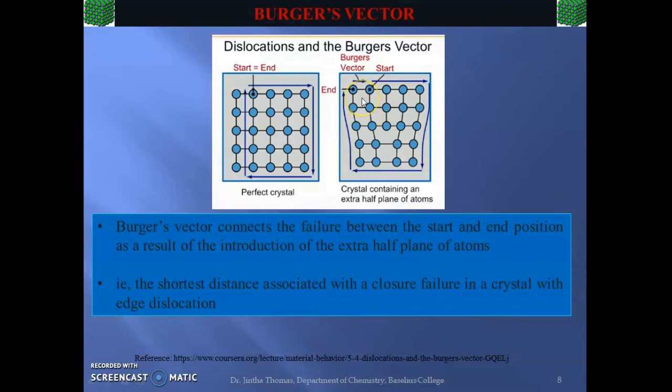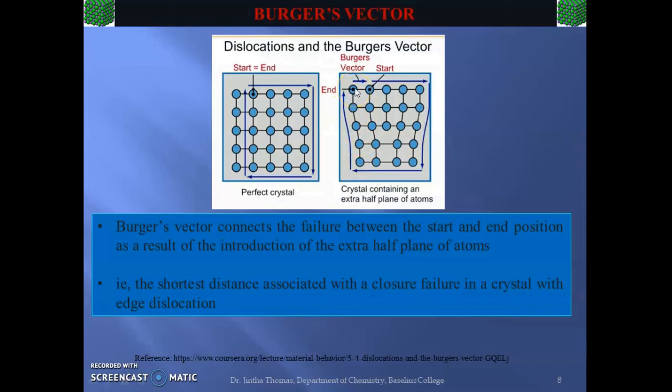However, in the case of this crystalline packing containing this edge dislocation, let us see whether we can complete the Burger's circuit or not. Again, we are starting from this point. The starting point is this one, and we are going to the right by 4 atom positions, then downwards by 5 atom positions, to the left again by 4 atom positions, and we are moving to the top again by 5 atom positions.